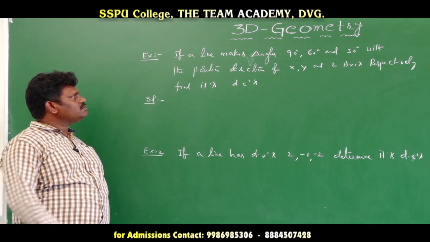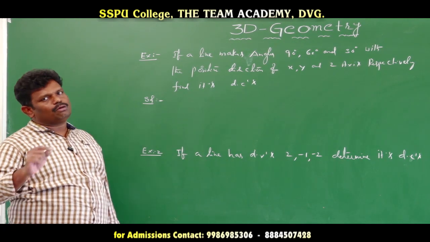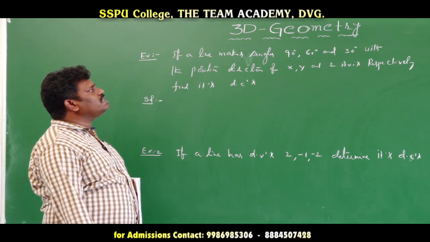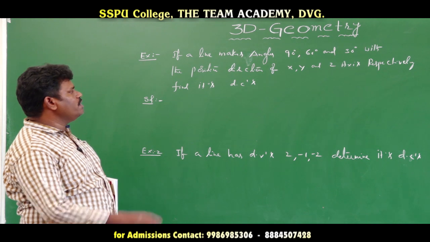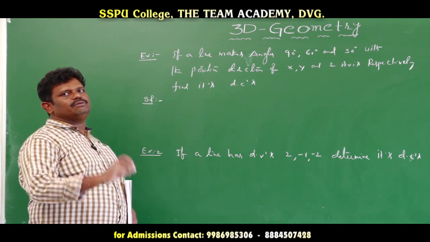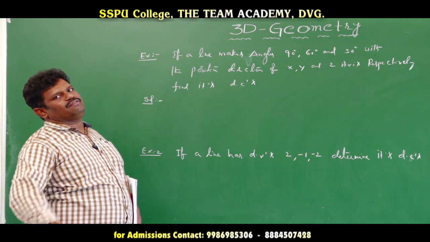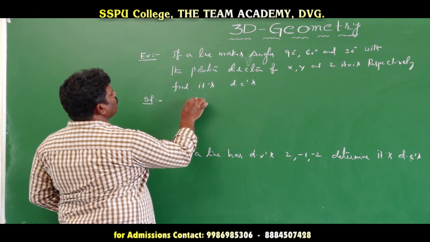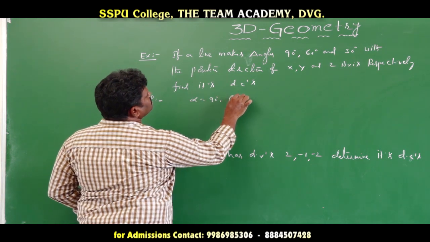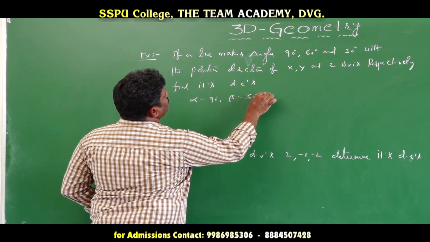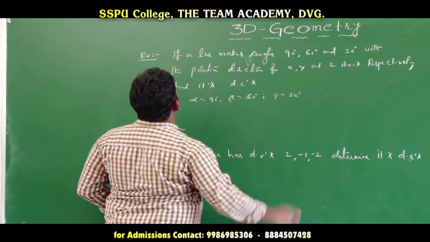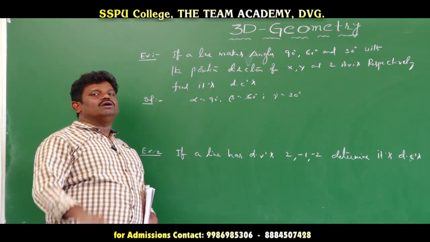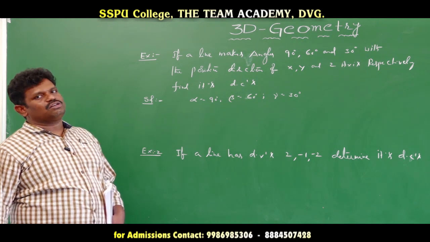Okay? Right? Here 2 examples there. These 2 are 1 mark previous questions. So here what is given? If a line makes angles 90 degrees, 60 degrees and 30 degrees with the positive direction of the x, y and z axes respectively, what does that mean? Alpha, beta, gamma are given respectively, so in that order only we consider. So alpha is equal to 90 degrees, beta is equal to 60 degrees and gamma is equal to 30 degrees. Now what do we find here? Direction cosines. Already we explained. So direction cosines means what? Cos alpha, cos beta, cos gamma.